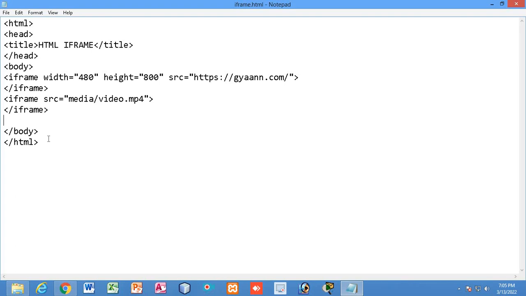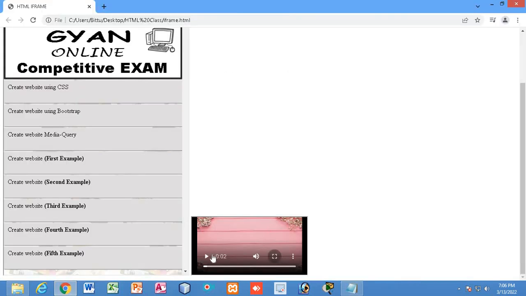Using the iframe, now we are going to add a YouTube video. What is the difference between adding a video using the video tag and adding a video using the iframe tag? Before I show you how to add a YouTube video, let me explain that you can also add a video in your document, as I have done over here, using the video tag that I showed you in the earlier lecture. But by adding the video using the iframe tag, this video will not be accepted